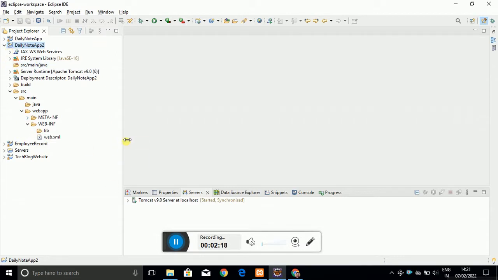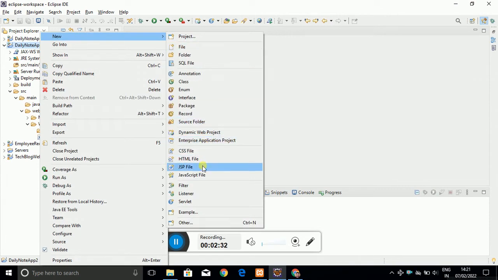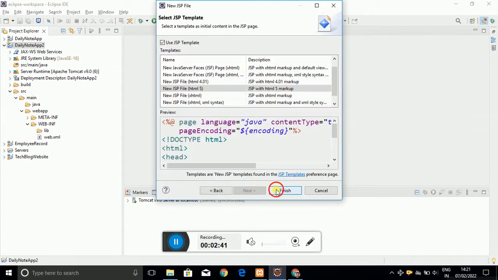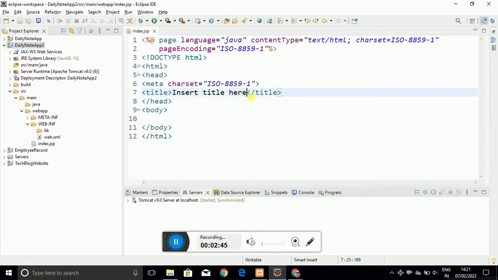To create a JSP file, right click on your project, click on New, and click on JSP file, and specify the name of the JSP file as index.jsp. Click on Next and click on Finish, and here you can see the index.jsp page appears in front of you.